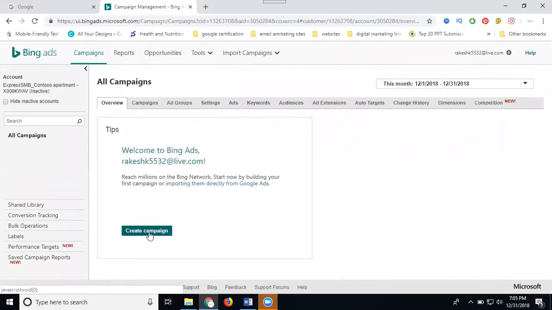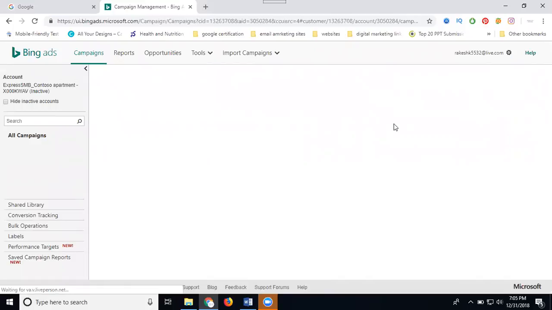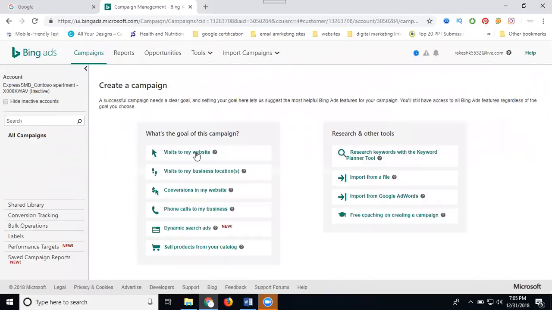So, the types of campaigns, please note them down. Bing ads types of campaigns: first, visit my website; visit my business location; conversion on my website; phone calls to my business; dynamic search ads.